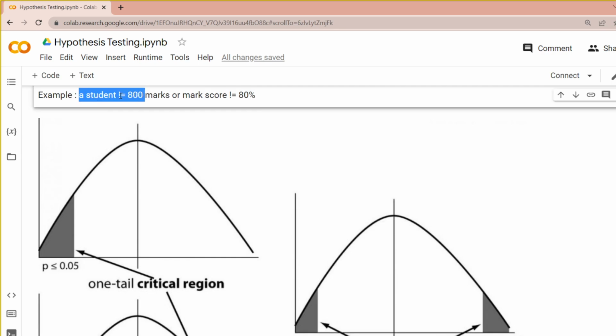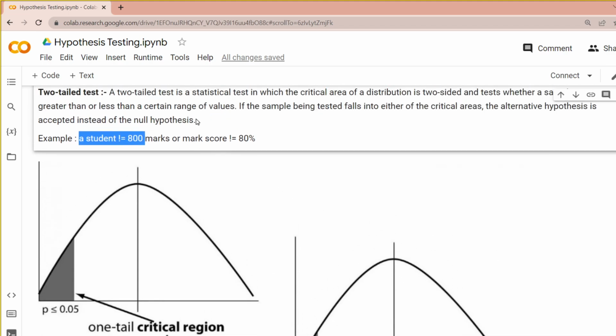the student's total marks is not equal to 800. Now, there are two possibilities here. If they are not equal to 800, that means we reject the hypothesis, right? If it is not equal to 800, it could be less than 800 or it could be greater than 800. So there are two chances of rejecting this statement. It could be less than 800, it could be greater than 800. So this is a two-tailed test,